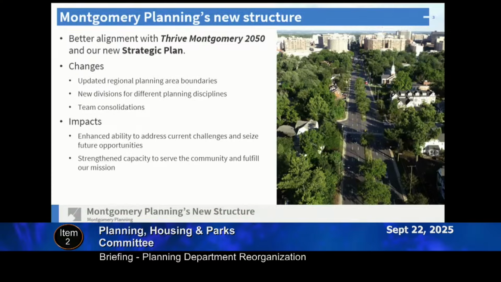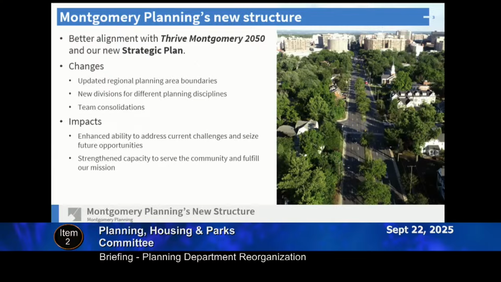Our last comprehensive update to the department structure was in 2011, and a lot has changed since then. County priorities, county policies, the world around us. The county has adopted the Climate Action Plan, endorsed housing targets, established Vision Zero goals. The residents we serve have grown more diverse. New businesses have come to the county. Some have left the county. A lot has changed, and we need to be nimble enough as an agency serving the community to change with it.